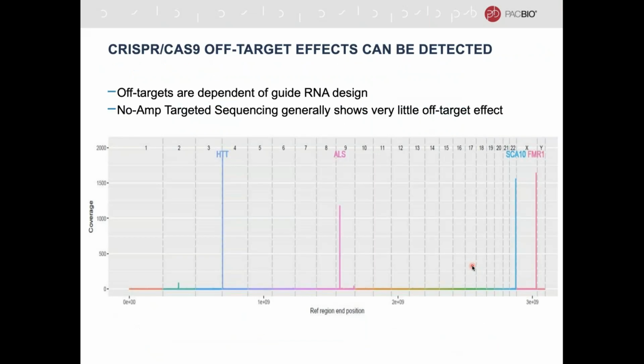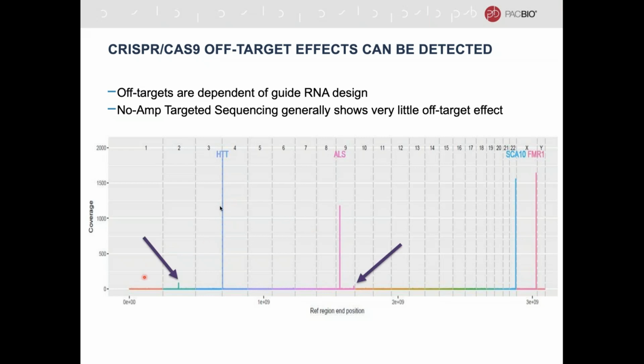One thing you can also do with the NOAMP method is look at the CRISPR-Cas9 off-target effect. This is something that really comes down to how specific your guide RNA design is. Normally we have what we call a reference guide, which contains the step-by-step instructions that you need to go through in order to design guide RNAs for the experiment. Normally, if you follow those instructions, we actually see very little